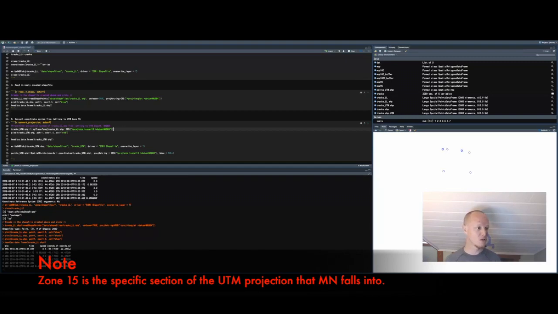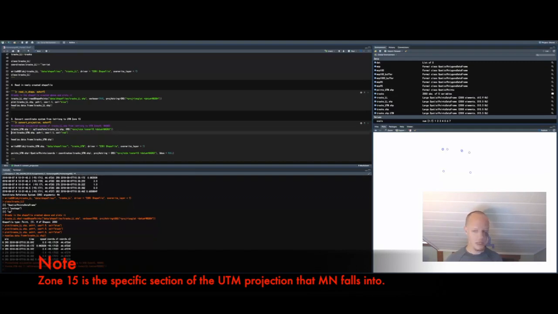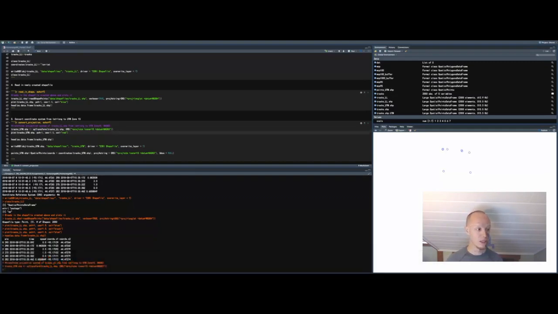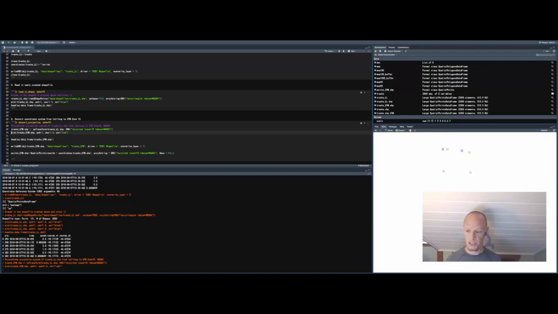And to do that, we just use this SP transform tool. Super easy, super simple. Then we'll plot it again just to make sure it didn't convert our data in a way that was unexpected. You can see, if you highlight the plots tab and hit the back arrow, that our blue is our latitude and longitude, and our red is our UTM file. You can see that they look identical, and it didn't do anything funky that was unexpected to our data points. So now we're going to write this file also out to a shape file,